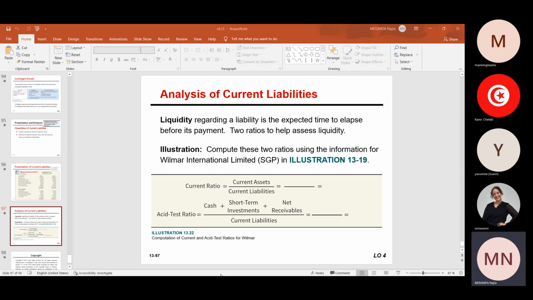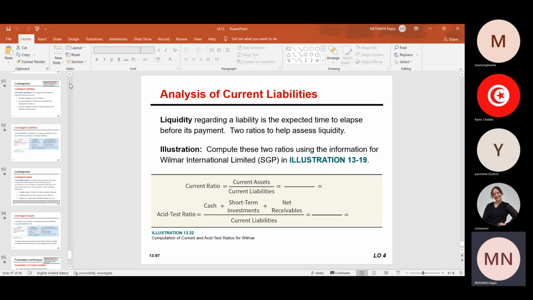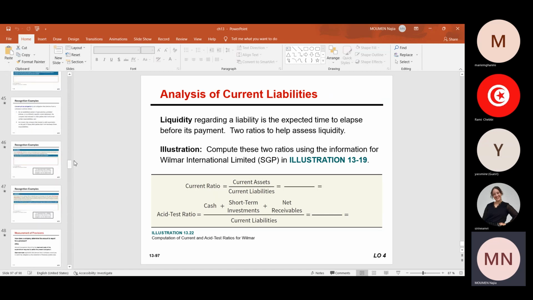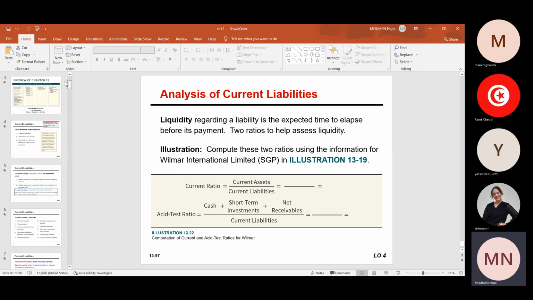Okay, of course, for those parts that we didn't cover, like, as I said, mineral resources that we didn't cover in the fixed asset chapter, or even here, some parts of this chapter, like employee related liabilities or consideration payable, you will omit these small parts in your revision. Okay, so only what we covered in class and online, what we already discussed, is included. Okay, chapter 10, 11, 12, and 13. Okay.